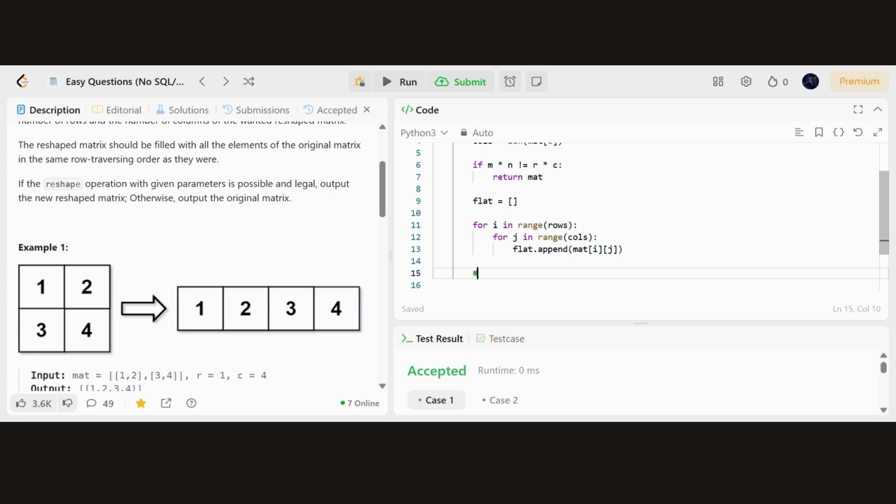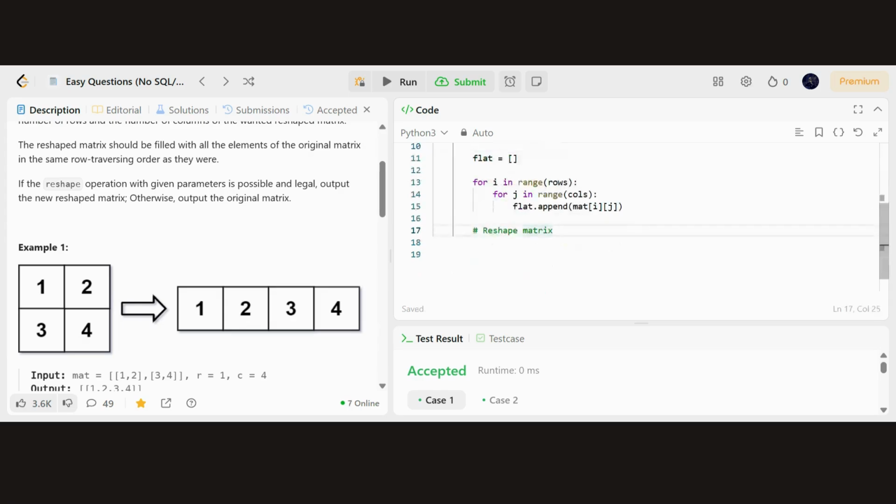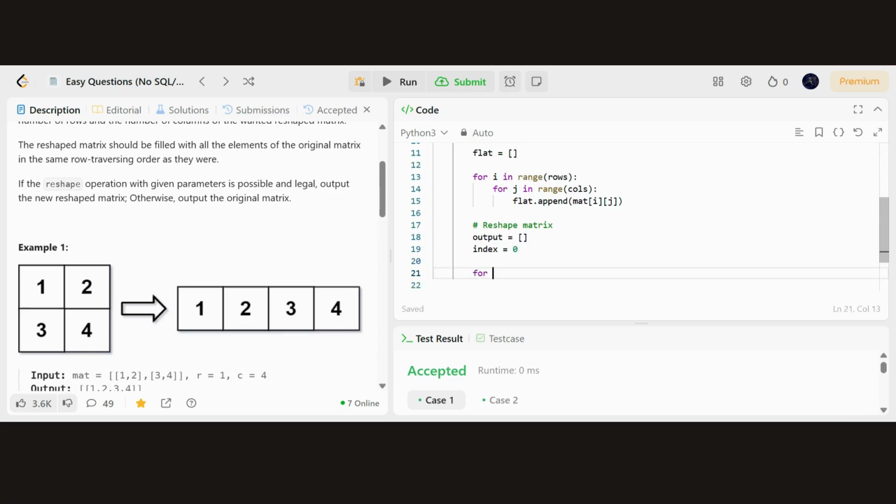And now that we've got our flattened matrix, well, now we can actually reshape our matrix. So let's put a comment here as well. Flattening matrix, and now we're reshaping the matrix. So let's create our output matrix, and now we're also going to set our index of where we are in our flattened matrix. So by default we'll start off at 0, and then we'll say for i in range of R,